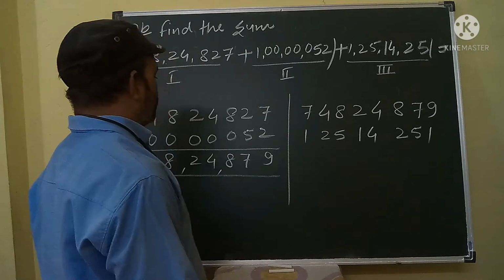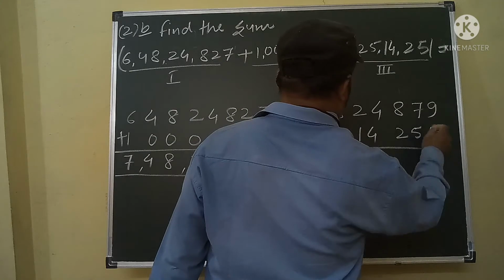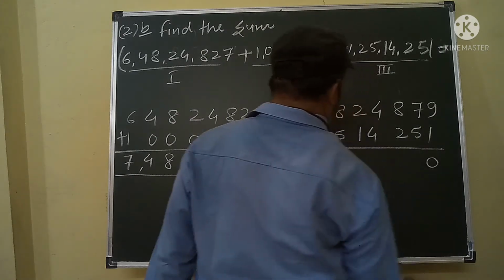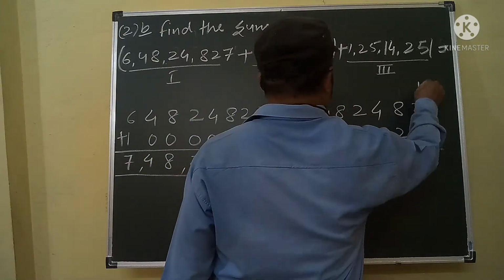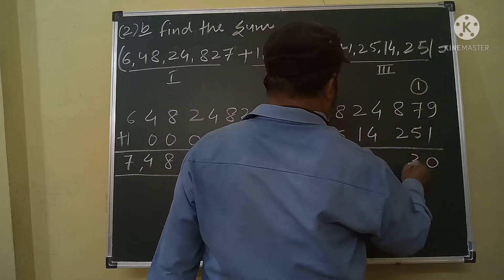Okay, then after we will add. 9 plus 1 10. This is 0, carry over is 1, 1 plus 7 8, 8 plus 5 13,